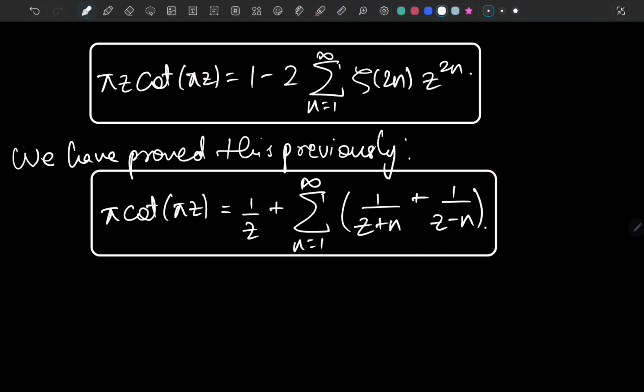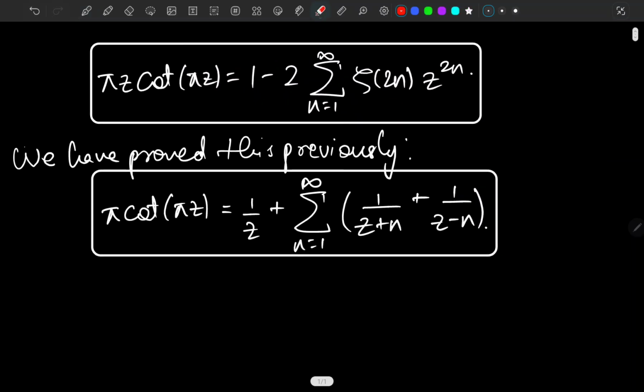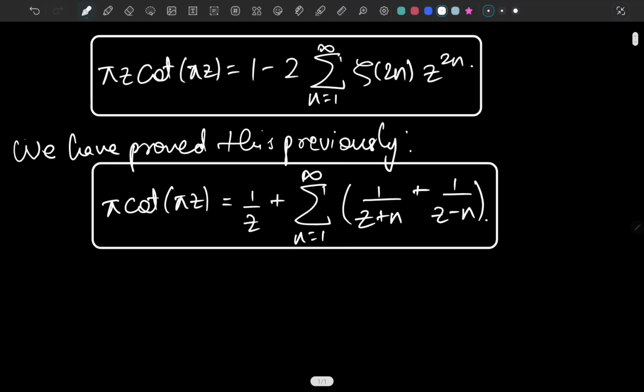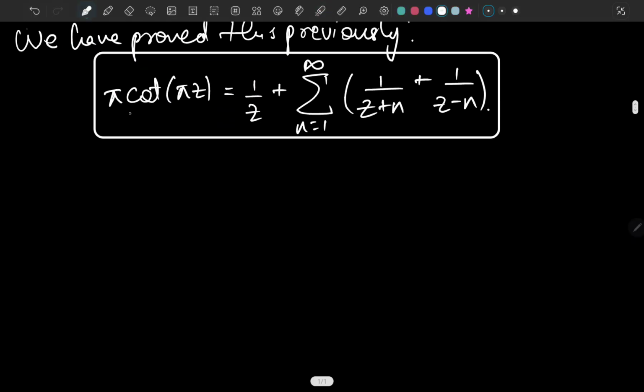So let's just dive into it. It's extremely amazing because just take a look here. It's something like some algebraic terms, but here I'm having some Riemann zeta, so it's kind of weird, right? But it's all right. Let's prove this, and it's really amazing. So first of all, we can see on the right hand side there are some changes here. If I talk about both of the expressions, let's